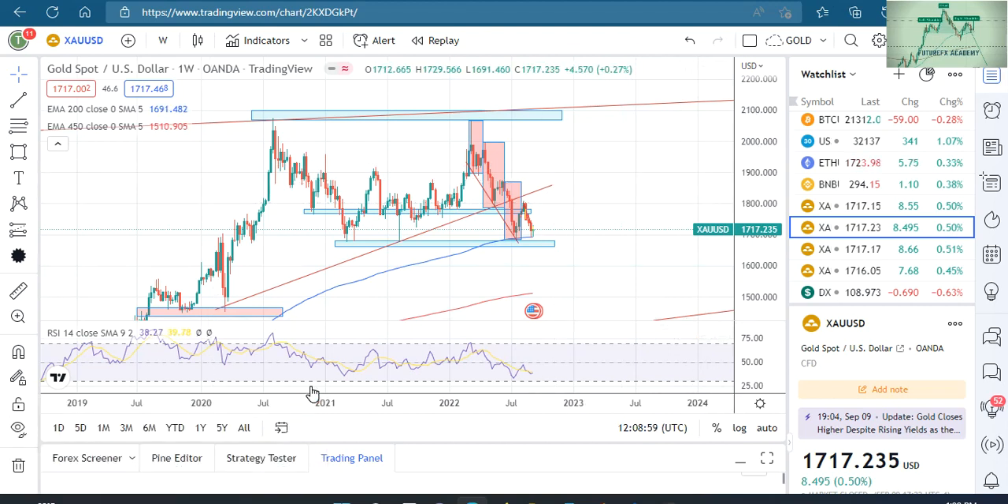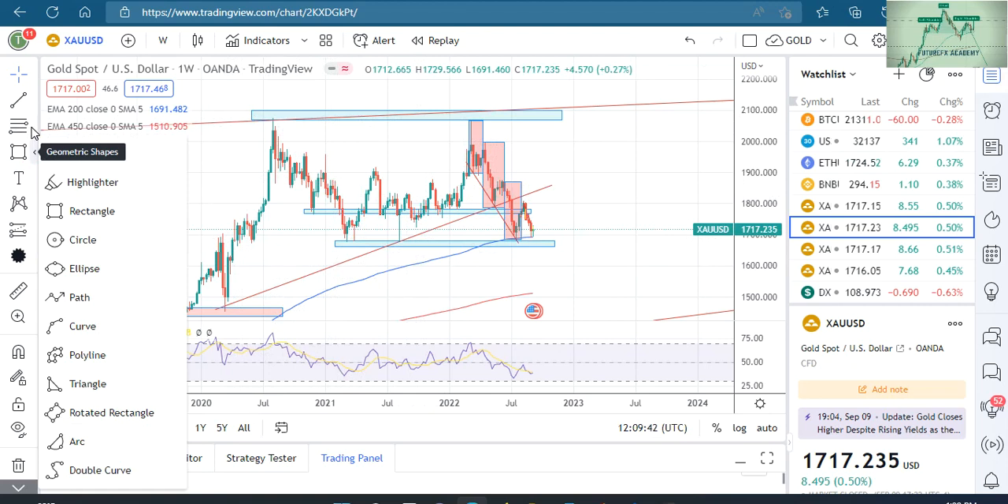Sometime around August 3rd to be precise, in August 2020, gold formed a new all-time high in history. That's our HH, higher high. And since then, gold has maintained its trend, selling and selling and selling to give us three